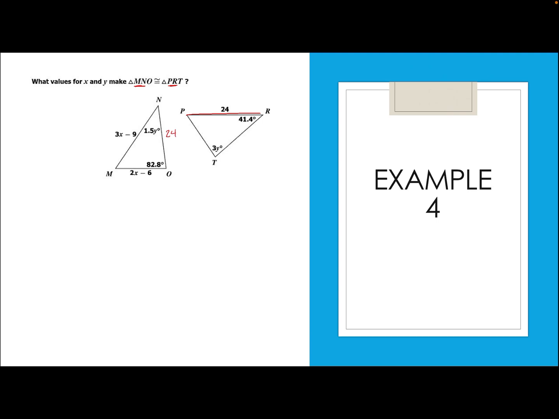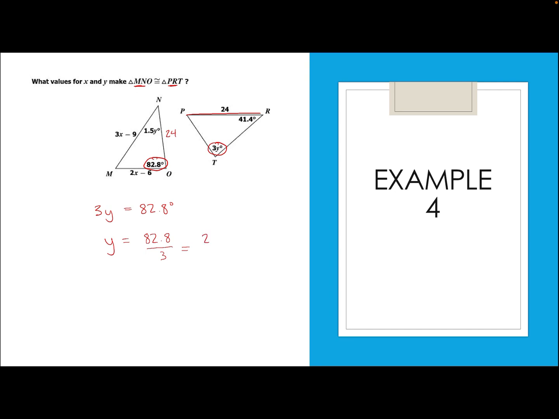And if we're solving for angle y, do we have enough information here? Angle T is congruent to angle O. So in this case, angle T is congruent to angle O. So that means that 3y is equal to 82.8 degrees. We divide both sides by 3. We're going to get y equals 82.8 divided by 3, which is